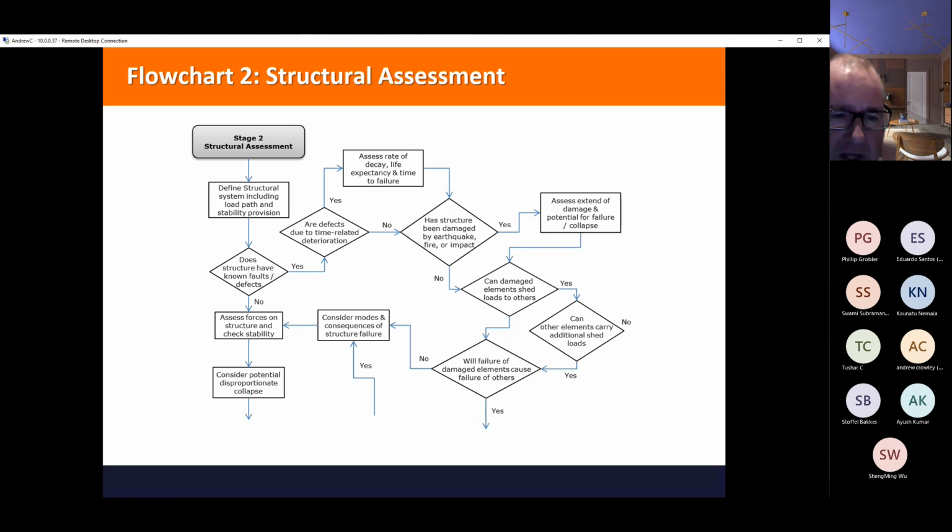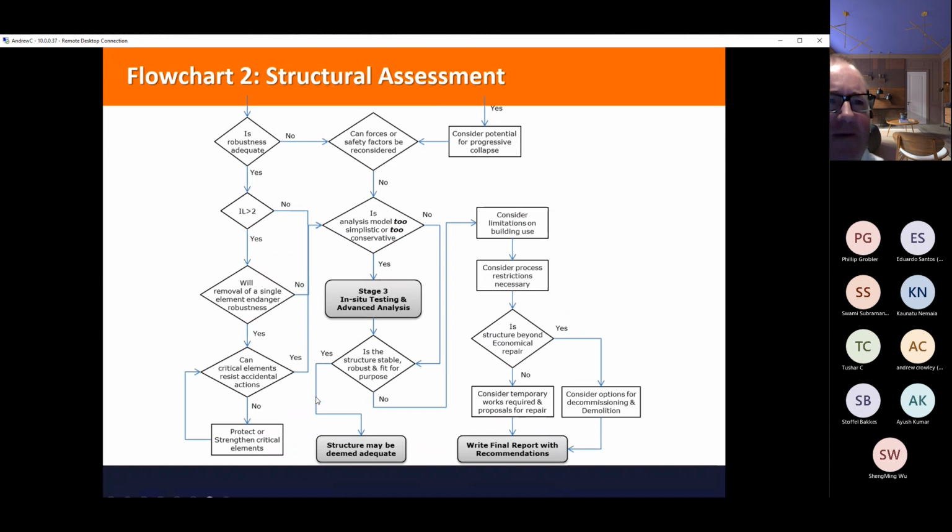Can we have alternative load paths? If not, will the failure of that damaged element cause failure? In other words, you're looking towards progressive collapse. So what are the modes and consequences of structural failure? And that leads on to, is it disproportionate to the cause of failure?